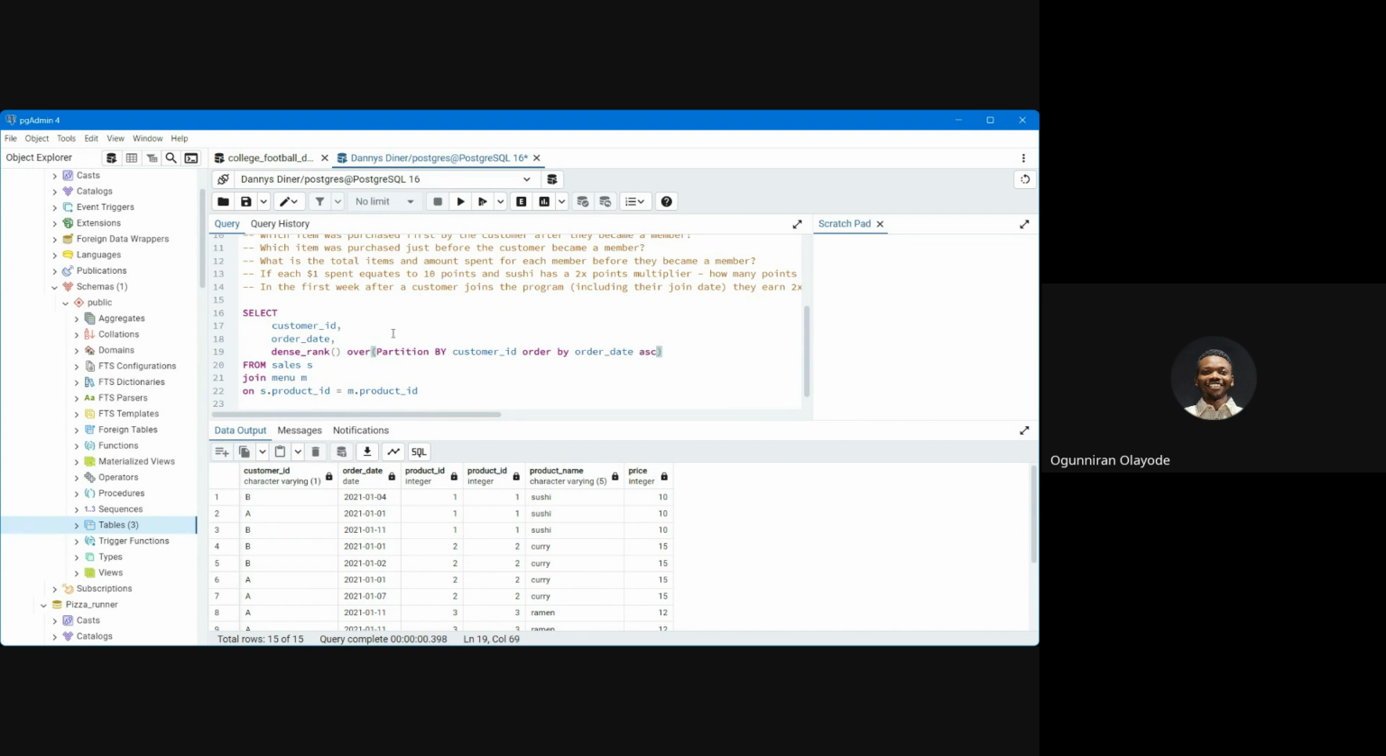Now this is it. So if I run this, as, let me just say as rank. No, let me give you as row number. If I run this now,